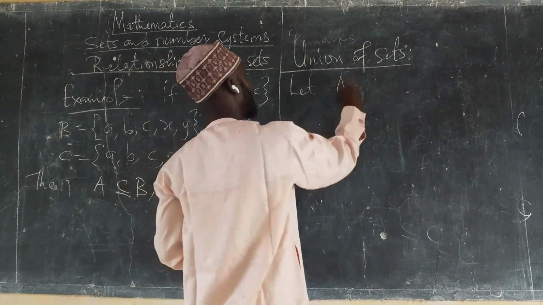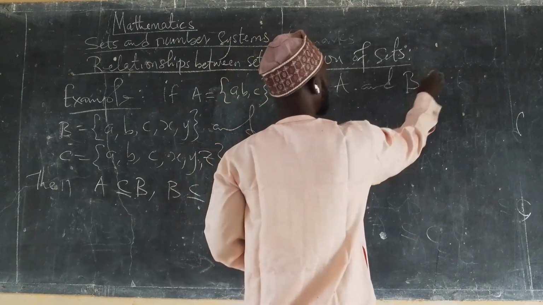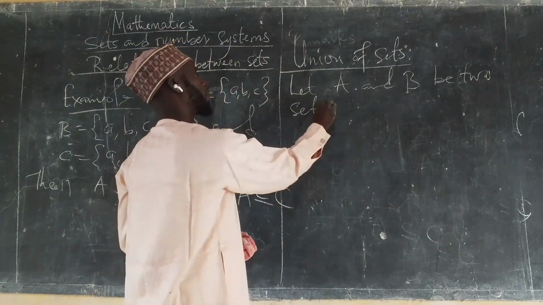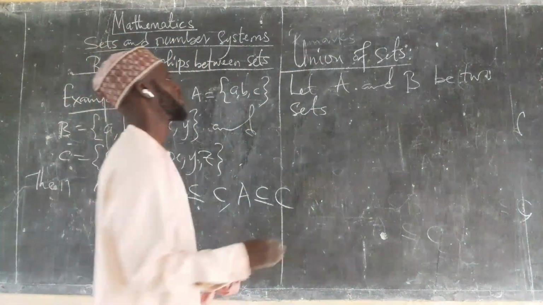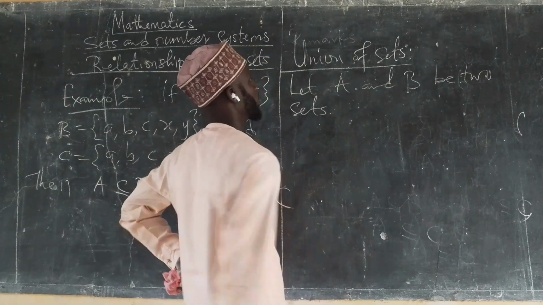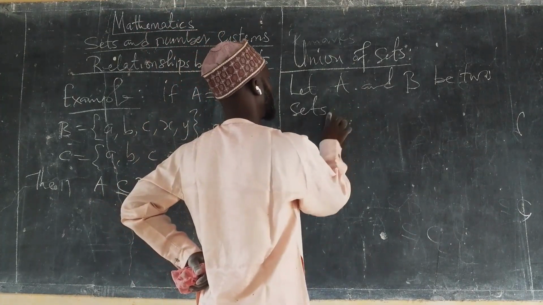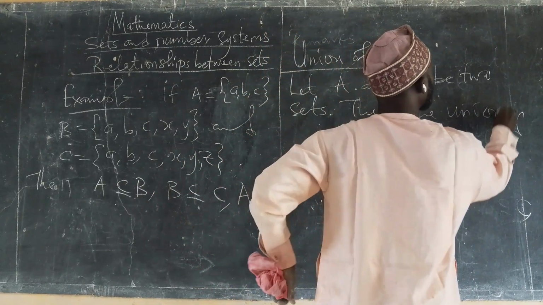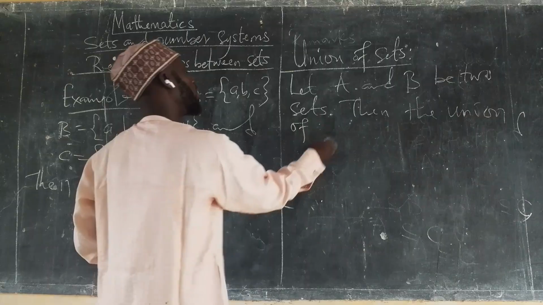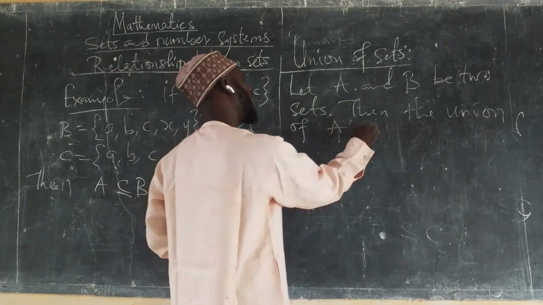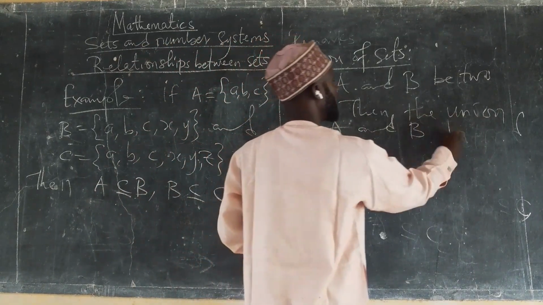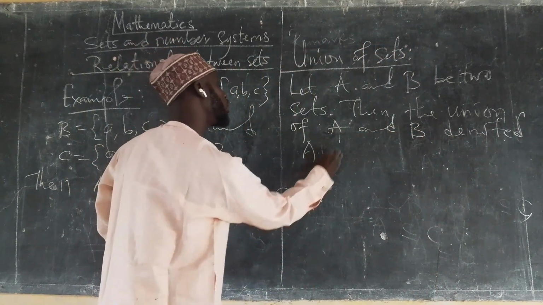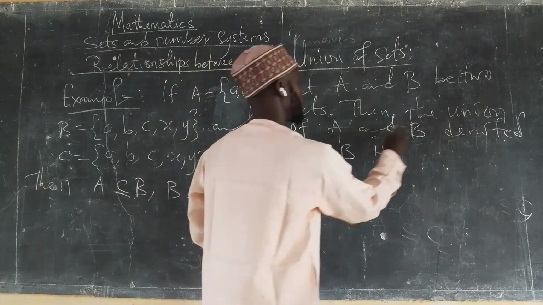Let A and B be two sets. Then the union of A and B, denoted as A union B, is the set